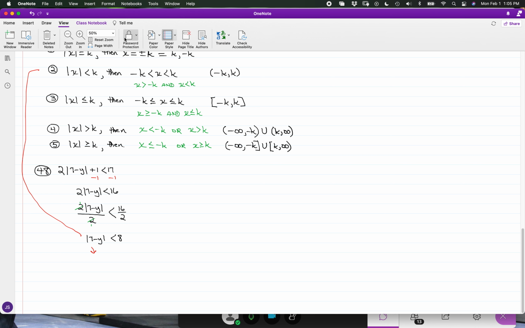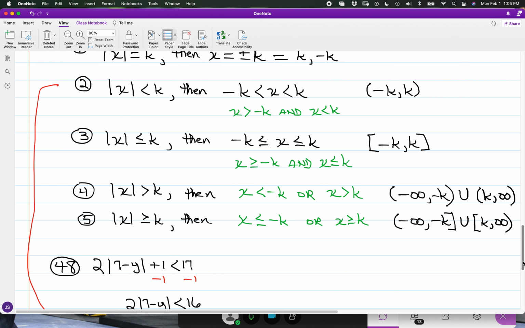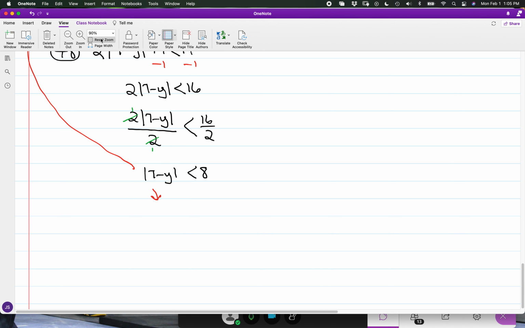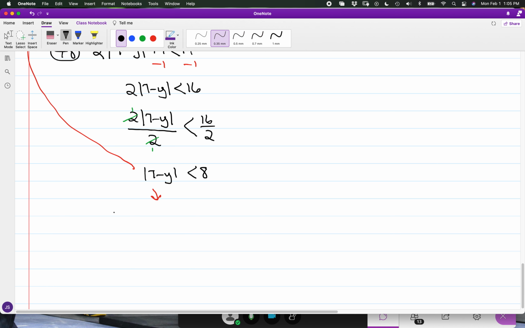And so we're now going to have negative 8 is less than 7 minus y, which in turn is going to be less than 8. Now I want to get the y term by itself. So if I take 7 away from both sides, or I should say all three portions of the compound inequality,